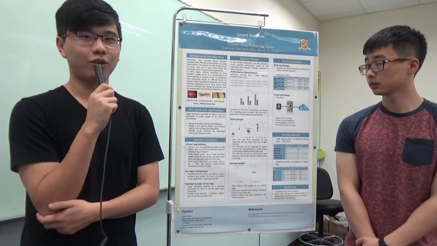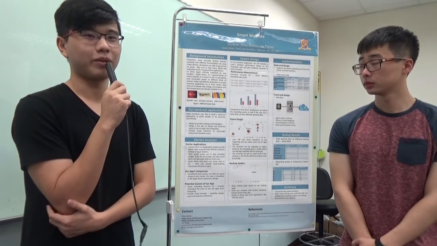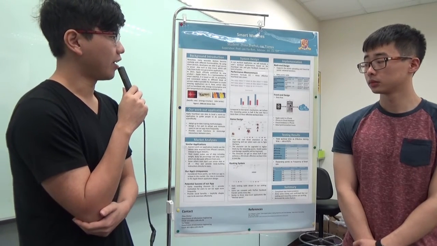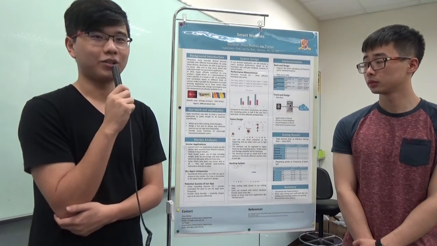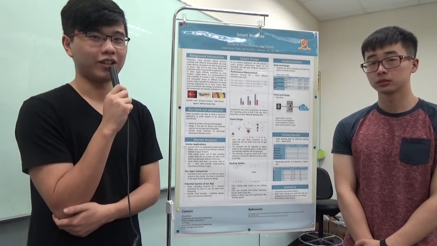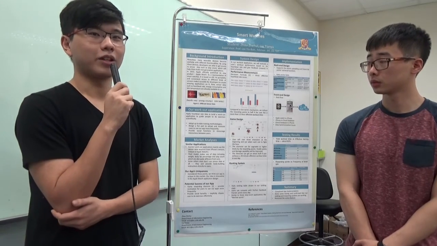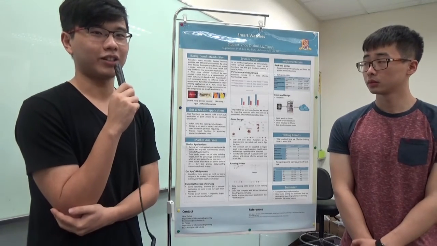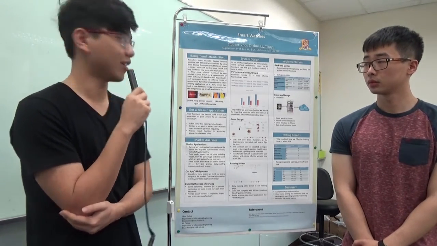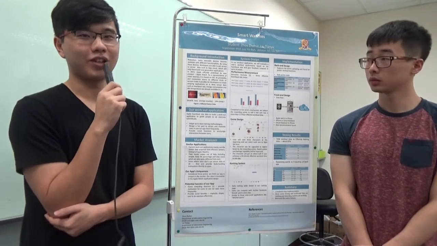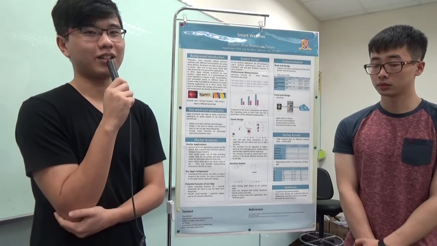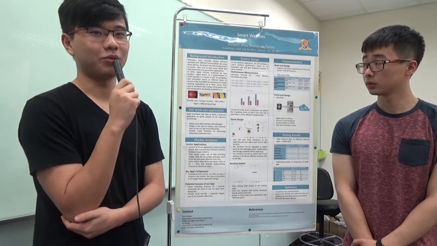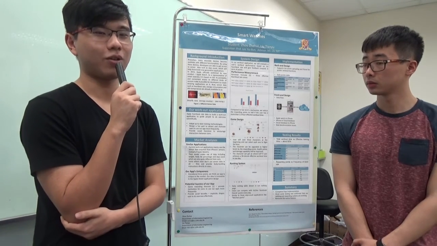So in Karvonen formula, users' heartbeat rate zones are divided into several zones. And the zones are decided by users' age and the rest heartbeat rate data. And you can see that three zones are divided and defined as the target heartbeat rate zones in our application. It means that if users can reach these target heartbeat rate zones, we will treat his or her workout